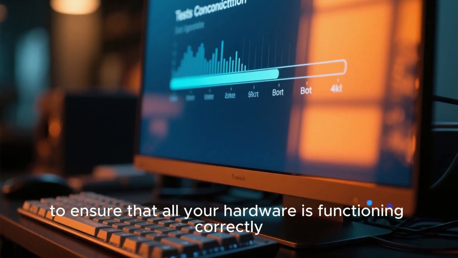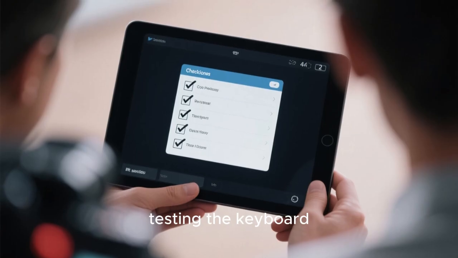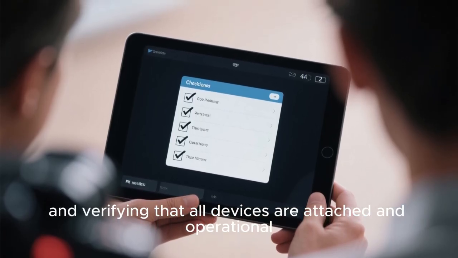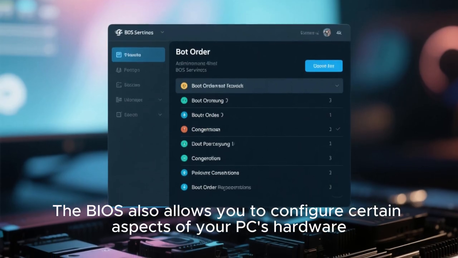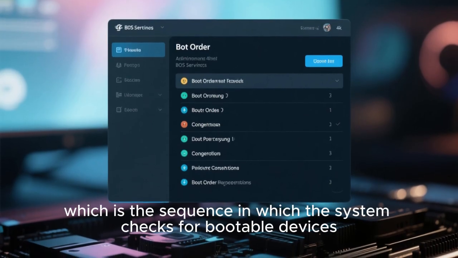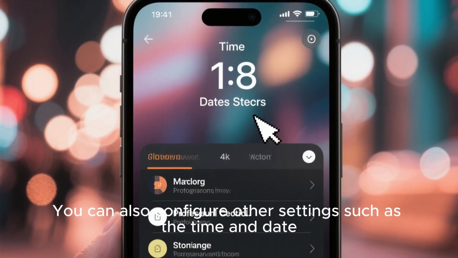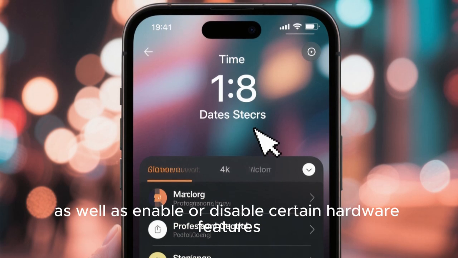hardware is functioning correctly. This includes checking the date and time, testing the keyboard, and verifying that all devices are attached and operational. The BIOS also allows you to configure certain aspects of your PC's hardware, such as the boot order, which is the sequence in which the system checks for bootable devices. You can also configure other settings, such as the time and date, as well as enable or disable certain hardware